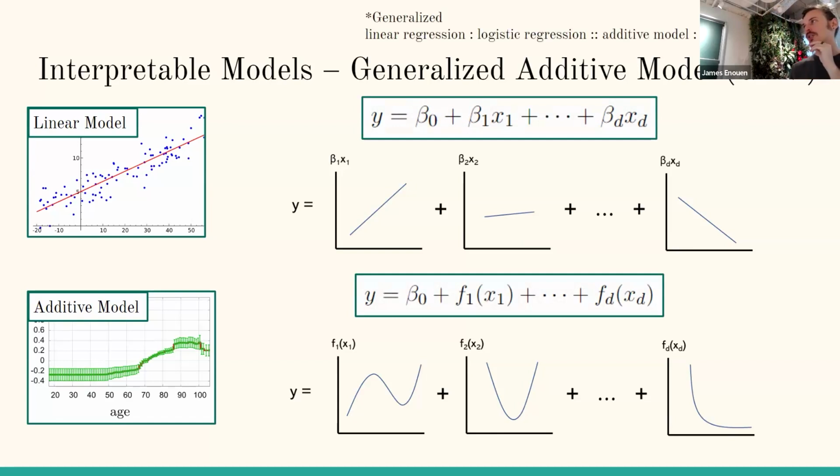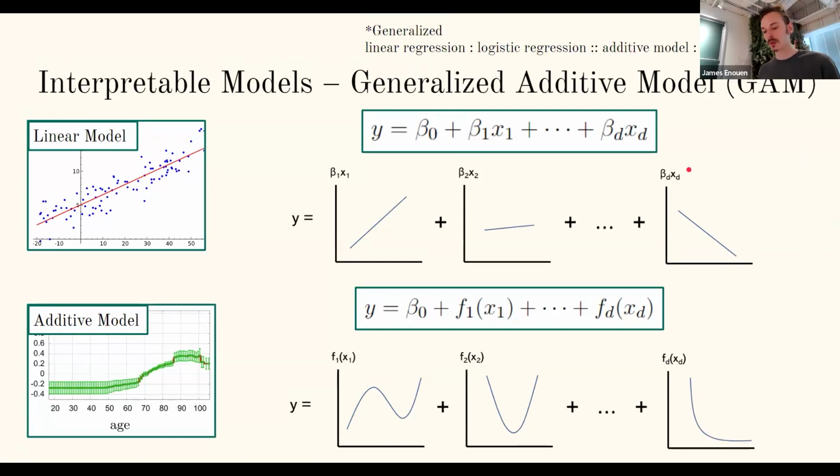And why is it called a generalized additive model instead of just an additive model? That's pretty simply just because we can apply it to classification as well. And then we need to do the same tricks as in logistic regression, where we need to add a logistic activation or a softmax activation at the end of the function. Because we can't directly predict the probabilities in an additive way, but we can predict the log likelihoods in that way. So that's a minor caveat.